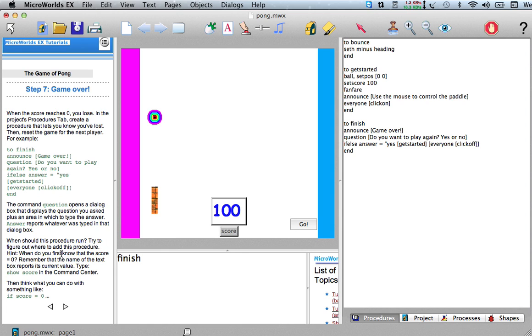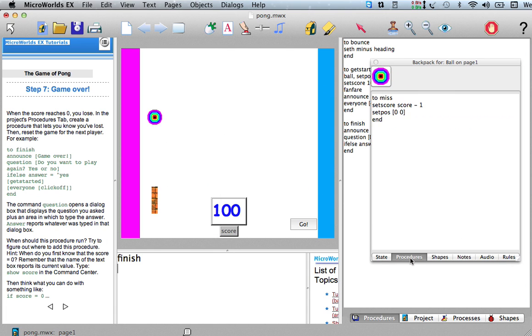Okay, so the next question is, when should this procedure run? Where do we want to add this procedure? Well, think about it, and it says here, when do you first know that the score equals 0? When do we change the score? We change the score when we miss, right? So that's in here, the procedure where we set the score to score minus 1. So as soon as we make the score smaller, we can check to see